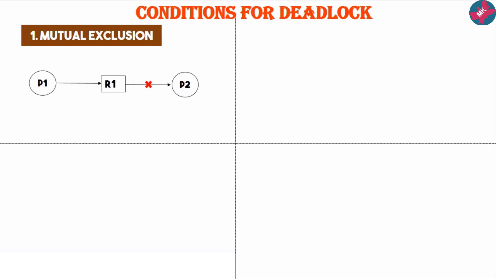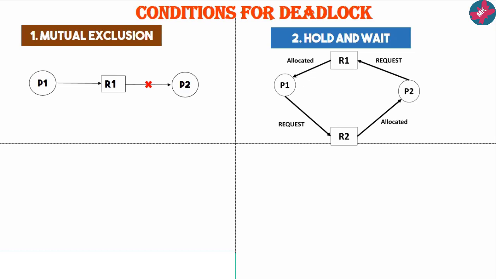So if a situation is something like this in the system, then you can say that this condition will lead to deadlock. Now the second condition that could happen is hold and wait. Suppose we have already seen this particular diagram, isn't it? Now in this diagram, what is happening is that process P1 is there and it is holding the resource R1 and it is requesting a resource R2.